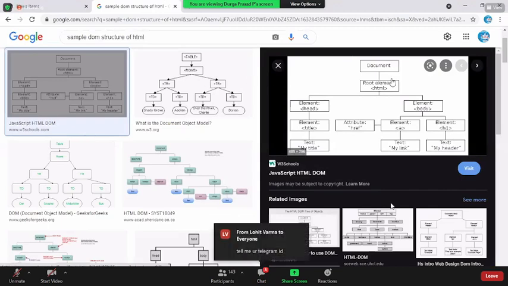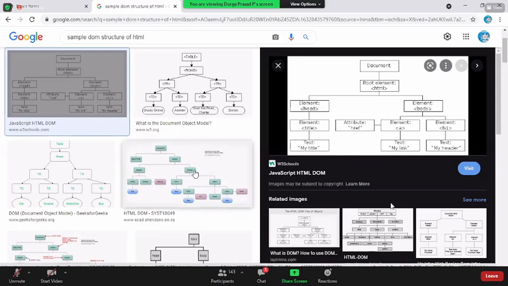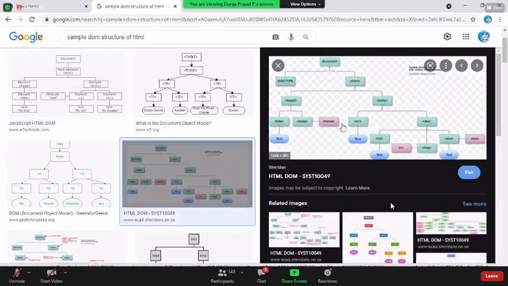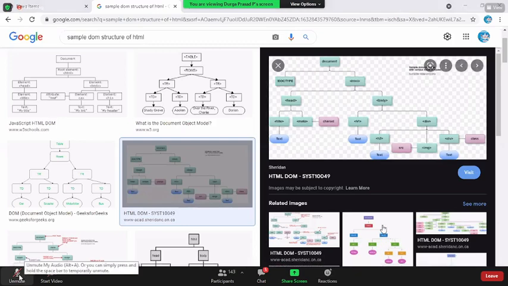See here, this is how the DOM structure is created. The document is there, the HTML element is there, under that the heading, under that the title, and under that the text. Again, the body tag is there, an anchor tag is there with an href attribute. Like this, every other tag has its own attributes. One main thing: hope you understood what is meant by the tree structure of a web page? Yes, sir. Now, a question: will the DOM structure of every web page be the same or not? No, sir. Basic structure will be the same, sir.